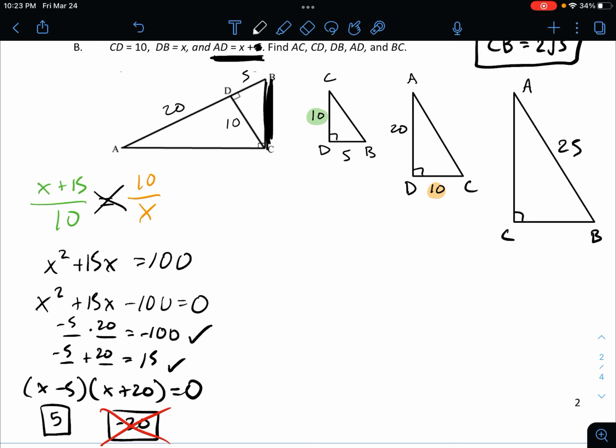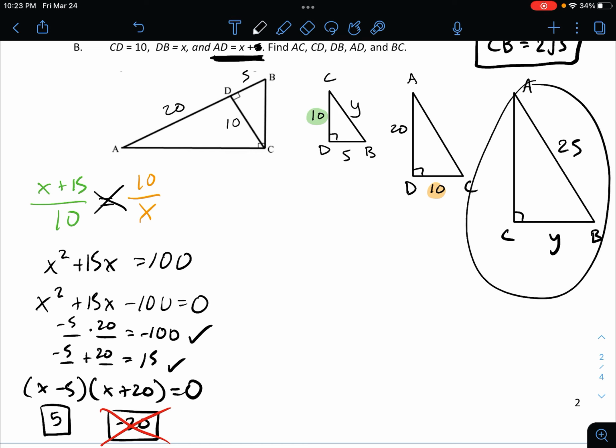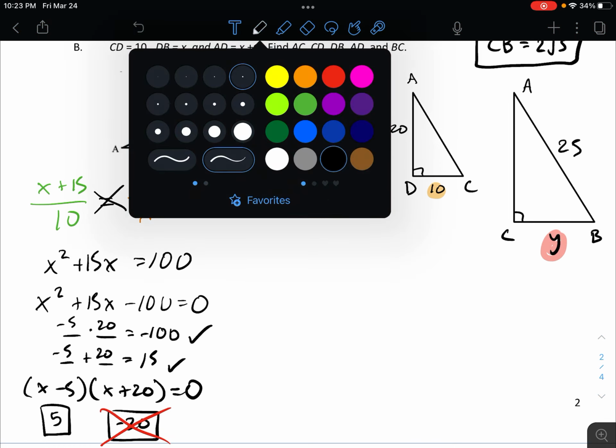So let's try to find, how about BC next? So BC is right there. If I'm trying to find BC, I'm going to call BC, how about Y? All right, so BC is Y. So if I'm trying to find the letter Y, I'm going to use this triangle and this triangle because they both use the letter Y. So when I'm making my proportion, I want to compare the corresponding sides. So y over 5